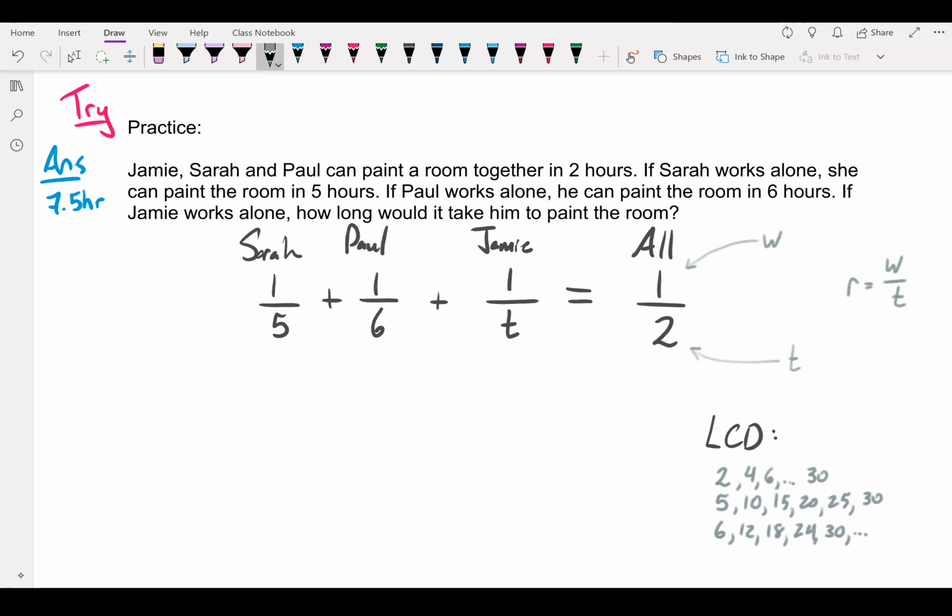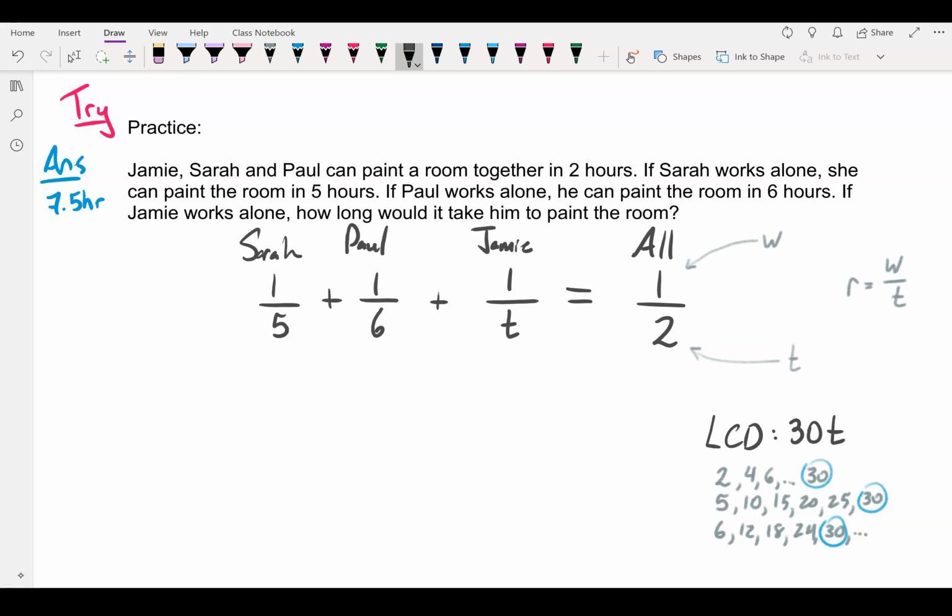It's eventually going to be 30. 30 is our key number here by the looks of it. That's our lowest common multiple, which matches our lowest common denominator. So it's 30, which is 6 times 5, not 6 times 5 times 2. And then we've got our t. All right? Now,